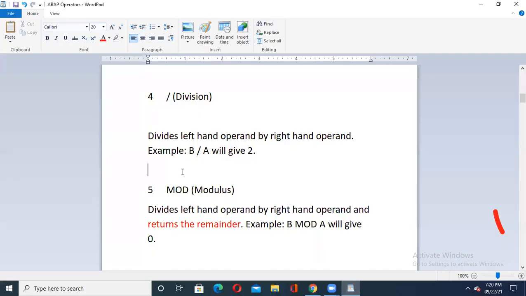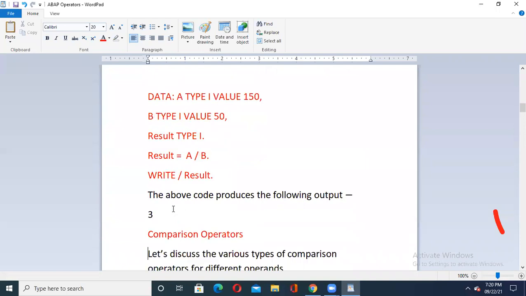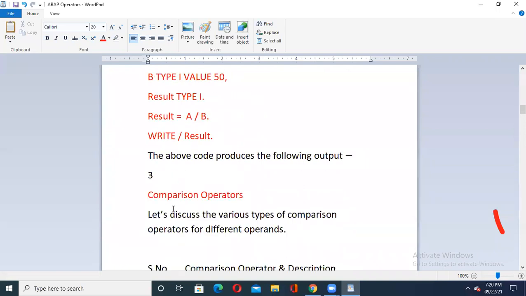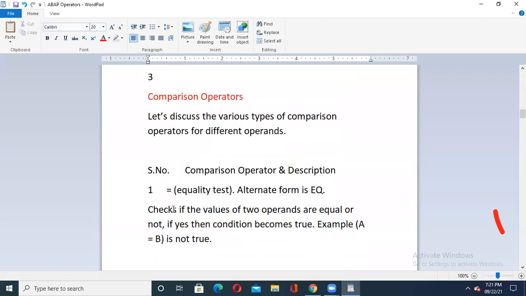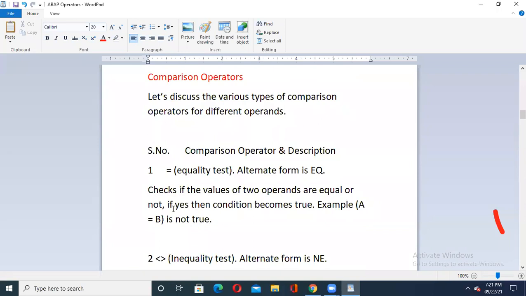Now we'll move on to the next type of operators supported by ABAP programming: the comparison operators. Let us discuss the various types of comparison operators, as we did for arithmetic operators. Things are somewhat different in this case. In C language, the first operator shown here is known as the assignment operator, but in ABAP the same operator is known as the equality operator. And if you compare,